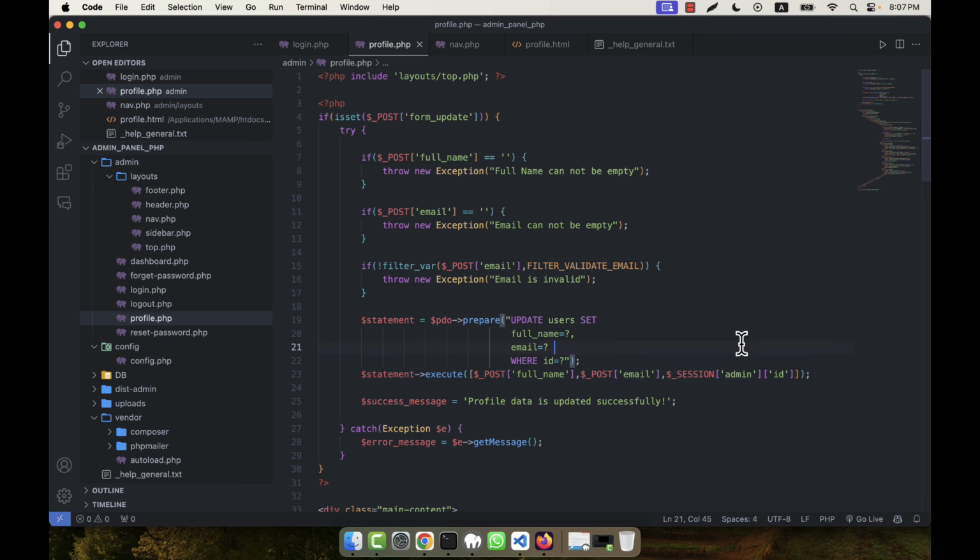So okay, let's do it. To see if it is working or not, I am going to refresh it. You see full name is John Doe, and now I am going to update it. So 11 admin 11. Let's update it. You see in line number 7 it is showing an error. Why? If the post full name equals this one, okay,